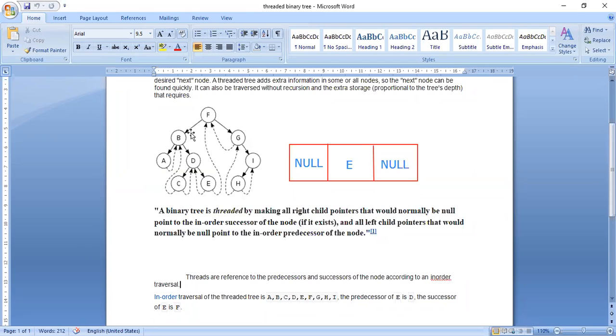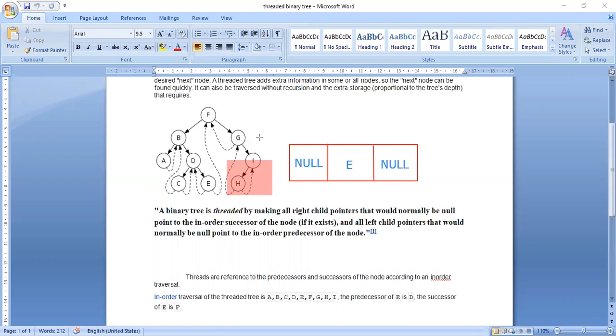First we visited the left subtree, next root F, next right subtree. If you take the right subtree, the things there will be G, H, I. This whole thing is the right subtree of F. In the right subtree, again consider G as the root node. Then what will be the in order? Left, root node, and right subtree. H and I are the right subtree.